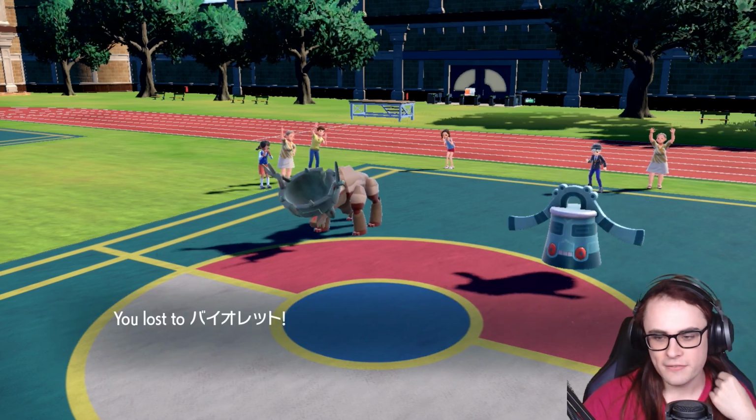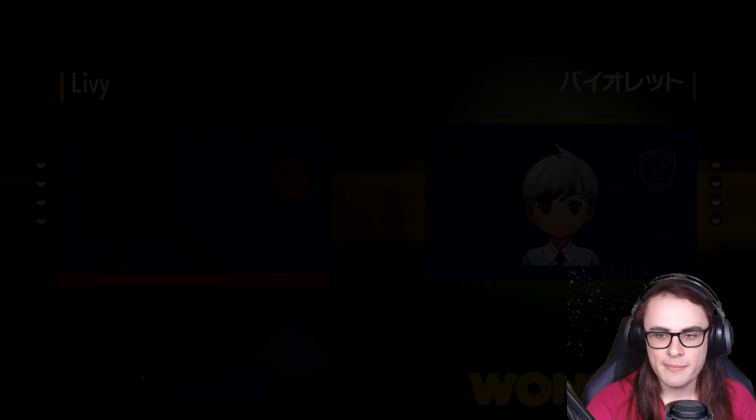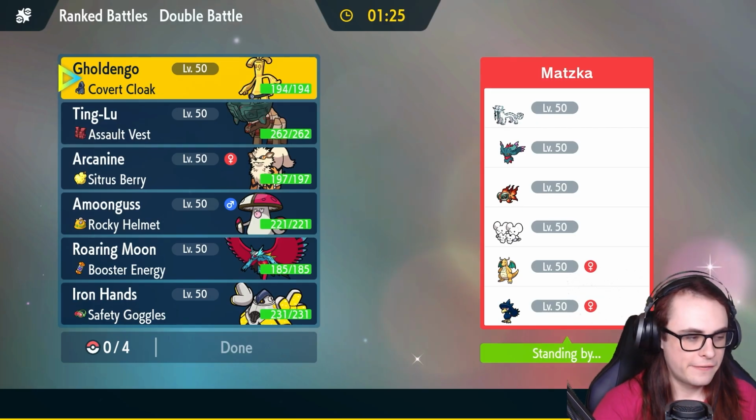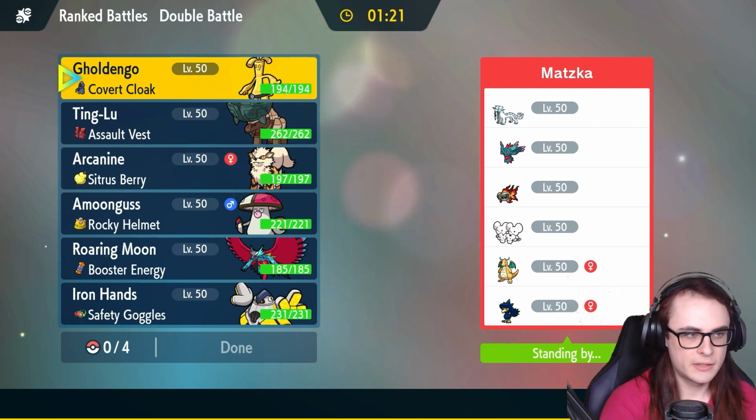But that's fine. We're going to get into our last game of the day. Hopefully we can at least get a win today. But we'll see in the next match. Peace out, guys. Okay, for our final game of the day, we're taking on Chien Pao, Flutter Mane, Chiyu, Mousehold,